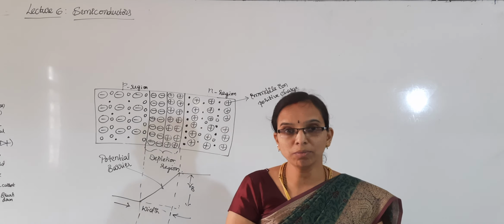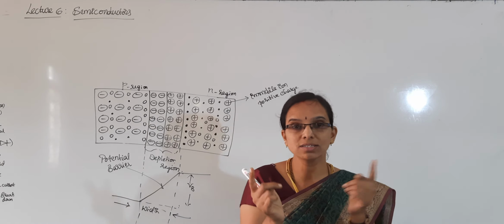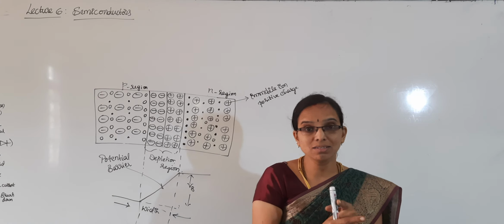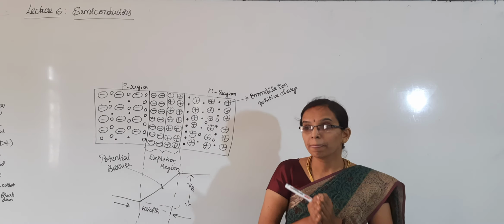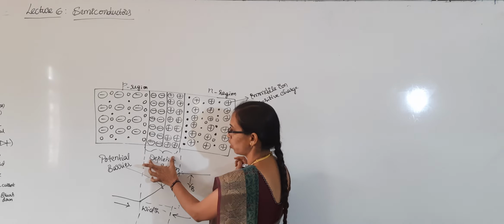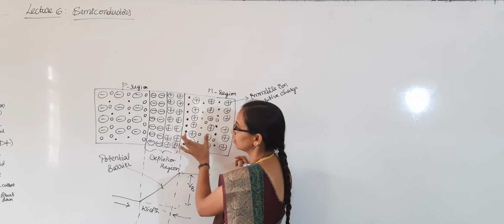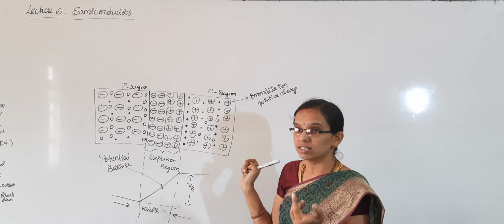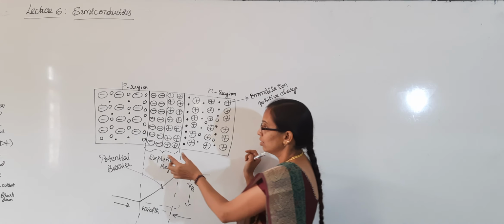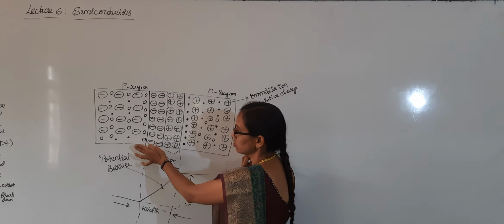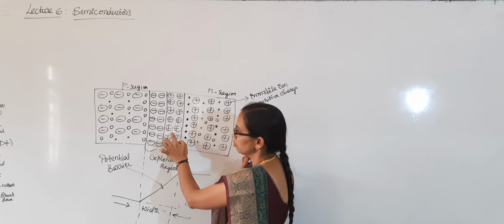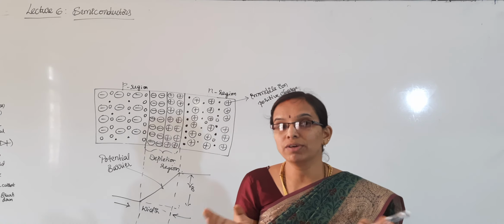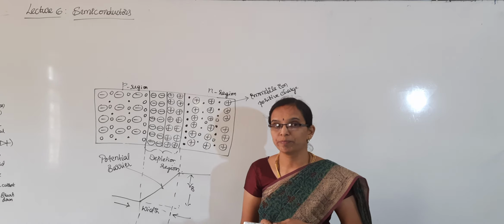Once the PN junction is formed, due to the concentration gradient, free electrons and holes start diffusing across the junction and try to recombine. Once the depletion region is formed, these negative ions repel the electrons, which carry negative charge. Unlike charges attract each other, like charges repel each other. So holes, which carry positive charge, cannot move across the junction because they are repelled by the positive charges. Therefore, further diffusion of electrons and holes will be stopped.